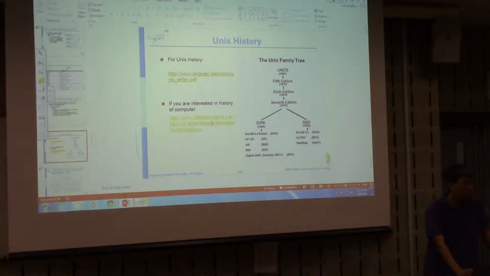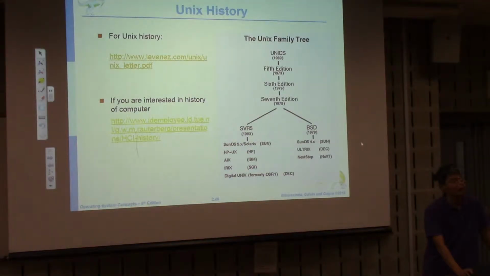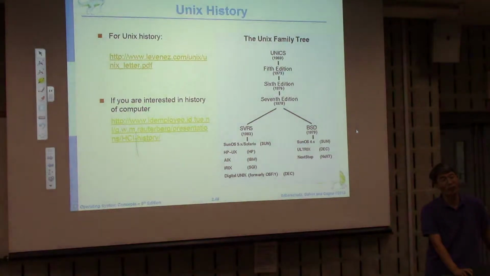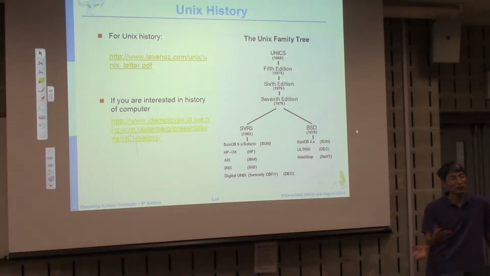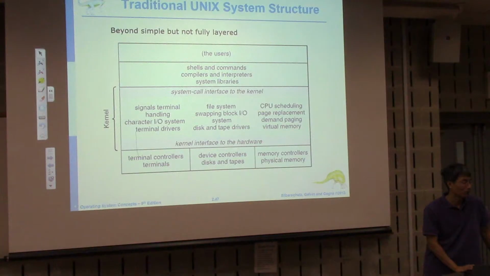Also you can find more information about such history of the computer. It's sometimes very interesting. So one time I asked the department, why don't we have a computer history class at the 1 or 2 level? I mean, it's not a research or algorithm level course or programming course. It's just to understand the computer itself. Okay, then who knows? Some of you guys may be teaching computer science in high school or middle school. At that time, this kind of history will definitely be effective to teach the kids.